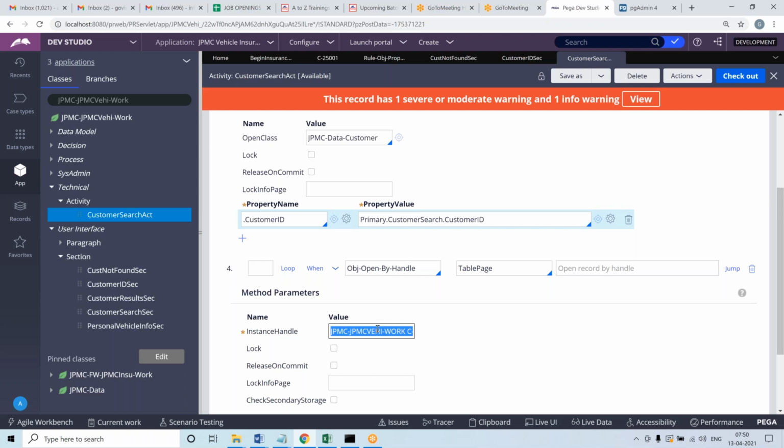Similarly, for OBJ open by handle, also define a page in pages and classes for the target table, create that page, and then do OBJ open by handle, mention the table class related page as the step page and pass the pzInsKey value. The pzInsKey value itself has the class name. So PRPC will go to this class table and open one record by using the whole pzInsKey because it is the primary key value. It will be able to uniquely identify and open only one record. Everyone clear with this?